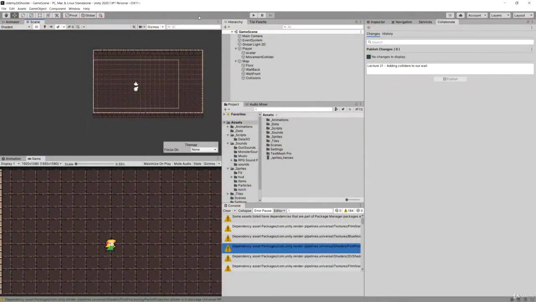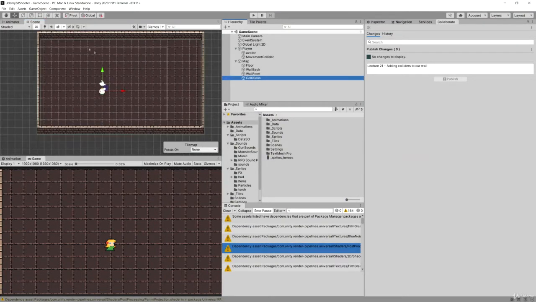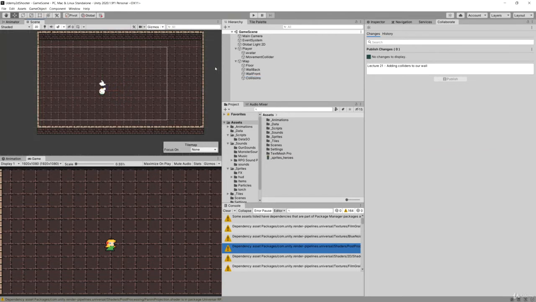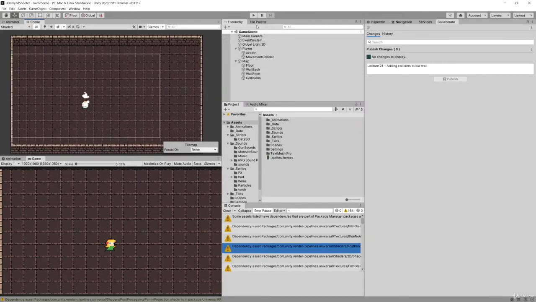In the previous video, we added colliders to our map so we can collide with our walls. We cannot exit this area. What we are going to do now is quickly make the floor prettier by going to our tile